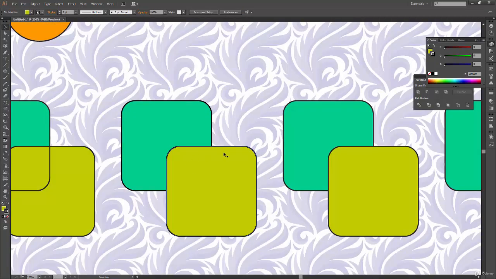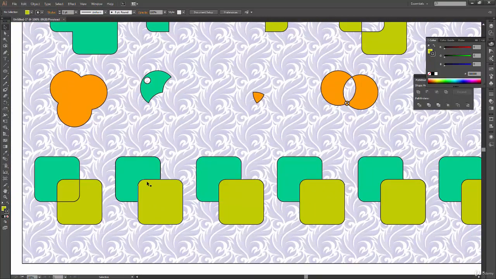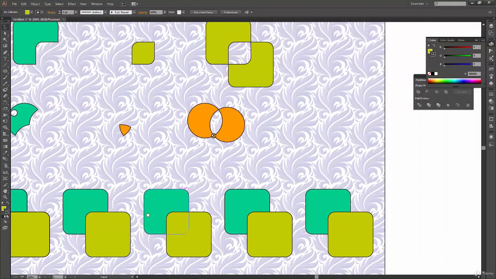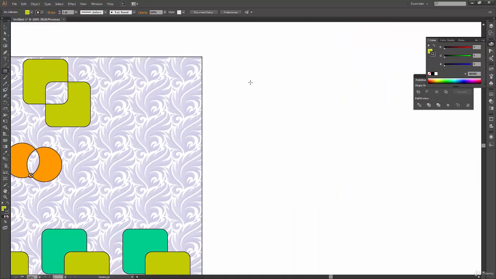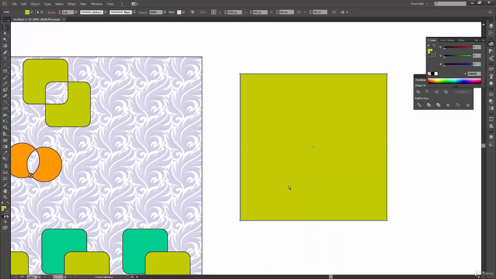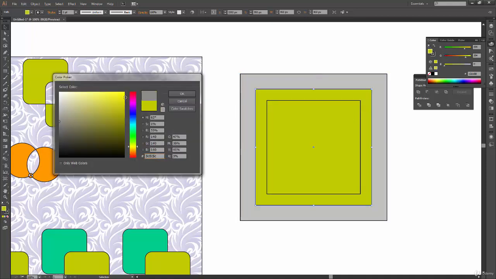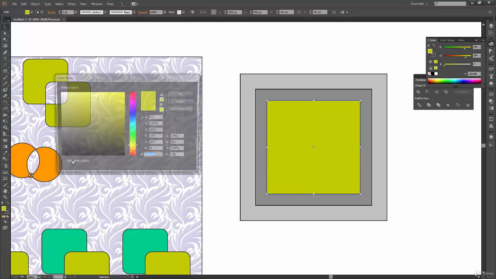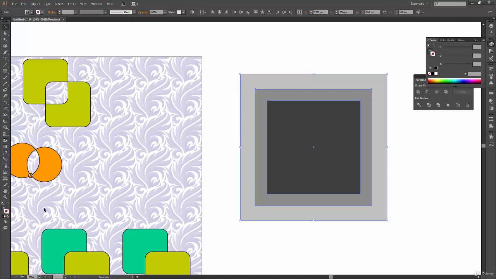Now where can we use such kind of option? Actually, it's a good question, because here I can explain to you where you should use this. Let's say you have a design, or you have a border going on through your design. Let's say something like this, and then this kind of border. So for the outer one, let's say it is some white color. For the inner one, it is a little gray, and for the inside one, dark gray.